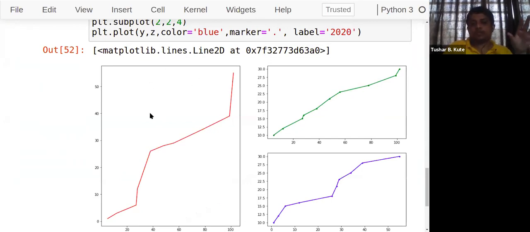This is 1 by 2 plot number 1. This is 2 by 2 plot number 2, and 2 by 2 plot number 4. Like this. So any different kind of combination. So this is how shown only for the line plot. But if you want to plot the data in bar chart format, if you want to draw pie chart format, box plot format, same thing is applicable there.